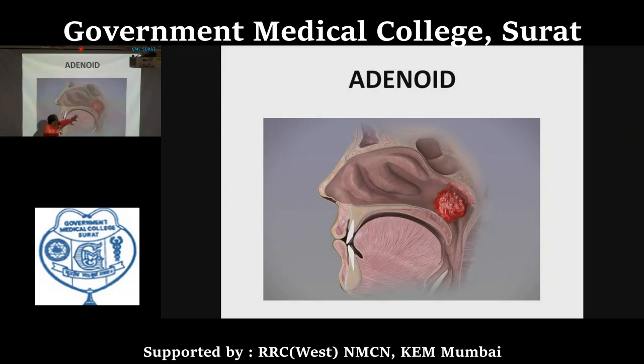But right now, what you need to understand and remember is that this nasopharyngeal tonsil, which is located in the nasopharynx, sometimes gets enlarged. And that enlargement is going to obstruct the air passage. And this obstruction ultimately leads to a complication. Because of this, at that time, this hypertrophied tonsil is known as the adenoid. So this is one applied aspect.